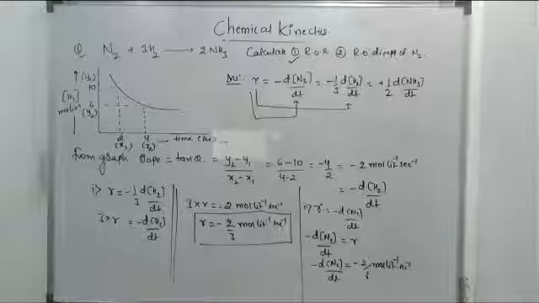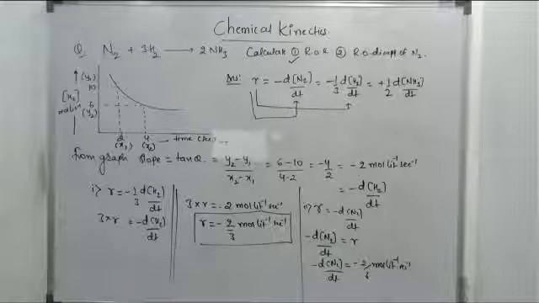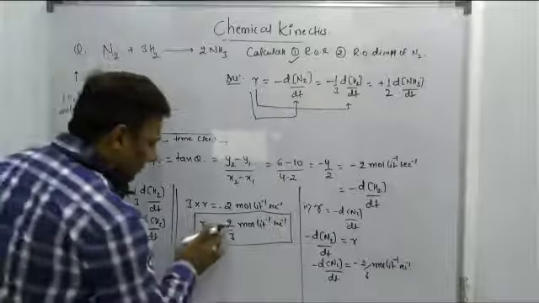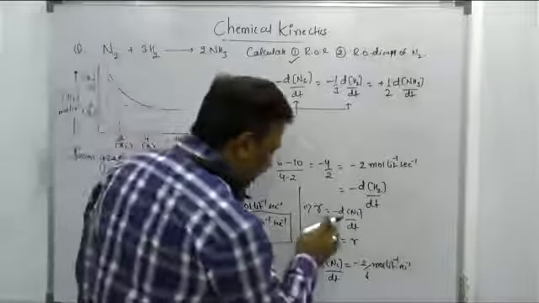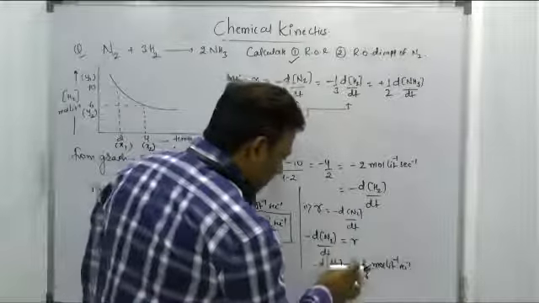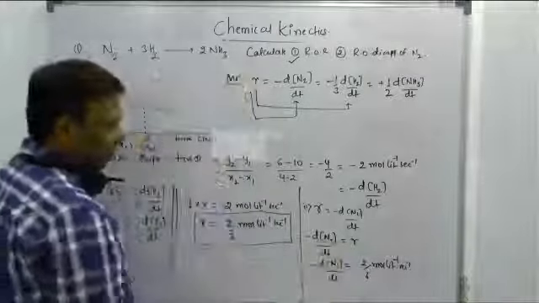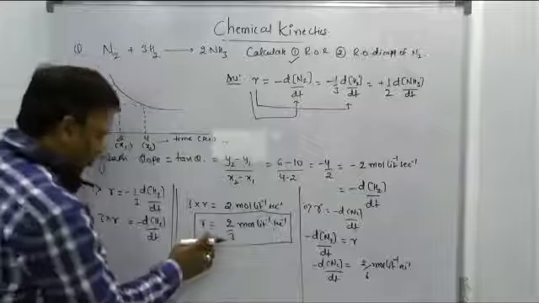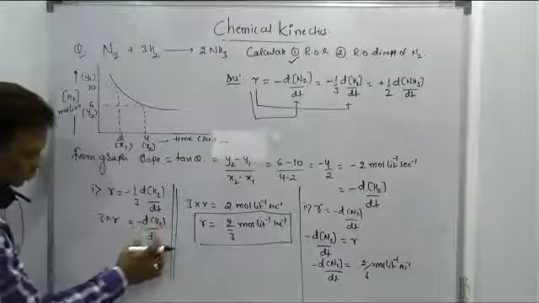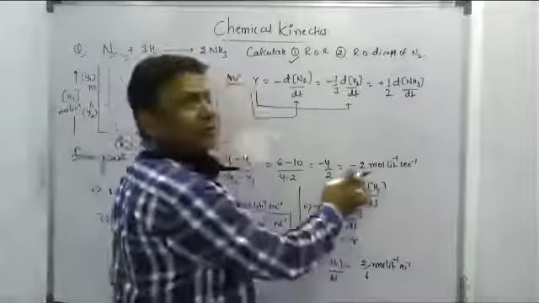Once you check it, beta, this is the ROR which I got here, that is 2 by 3 mole per liter per second. And rate of disappearance of N2 also I got here as 2 by 3 mole per liter per second. But for rate, we cannot mention it as positive or negative, so I cannot write minus here. Minus dN2 by dt is nothing but 2 by 3, because the R value is 2 by 3, beta. How did we get positive 2 by 3? Because minus dH2 by dt value itself is equal to minus 2.